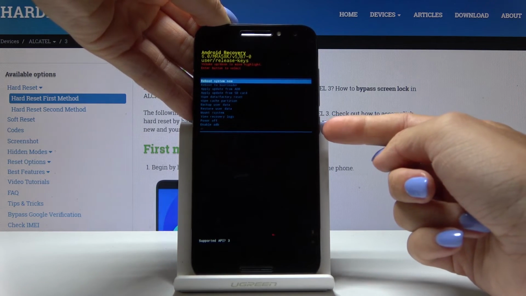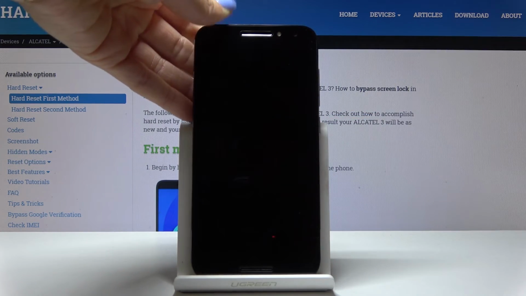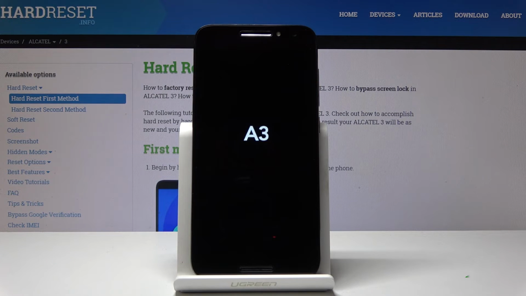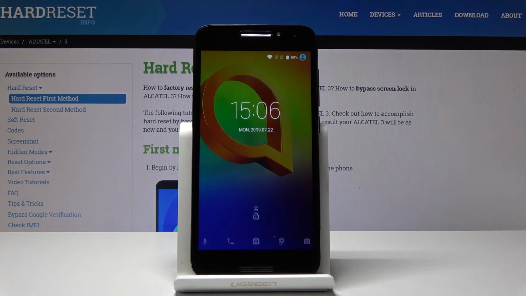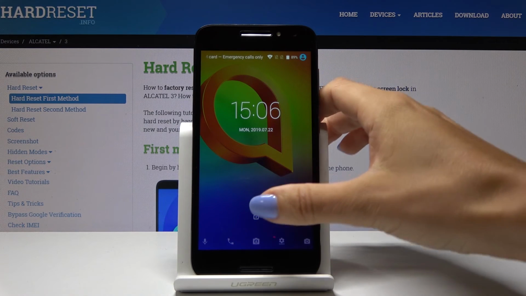reboot system now, so let me tap on power key to do it. And that's all. As you can see now, we are back